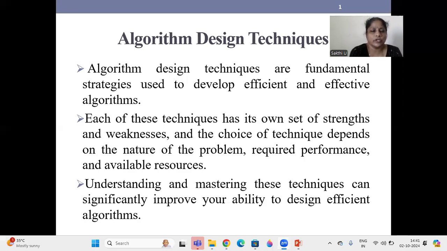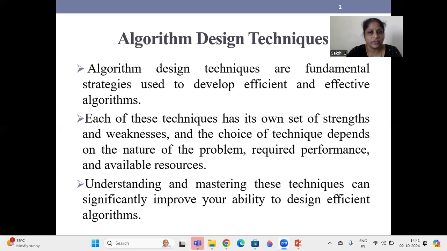We will see algorithm design techniques, and how we can write an algorithm. What are the techniques and methods available for writing an algorithm? When we write an algorithm, we must understand the problem thoroughly and decide what type of data structures we are going to use to develop the algorithm and what type of designing methods we are applying to